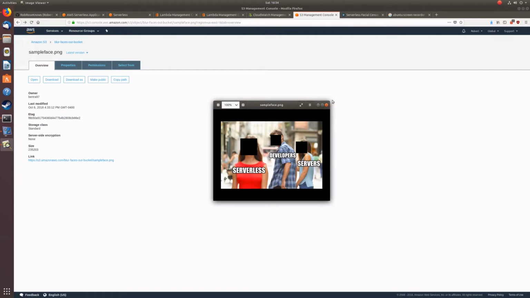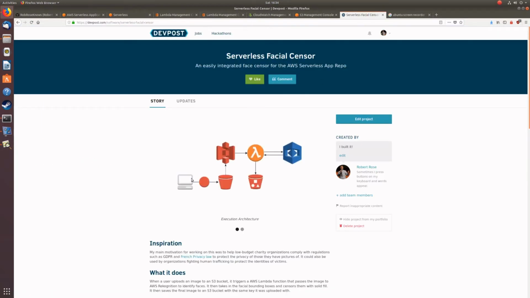How it works is the user uploads to the in bucket. S3 sends an event to AWS Lambda. It then sends the image to AWS Rekognition, which sends back the response to AWS Lambda. Finally the Lambda function uses Pillow to put blocks over the faces, and then it uploads it